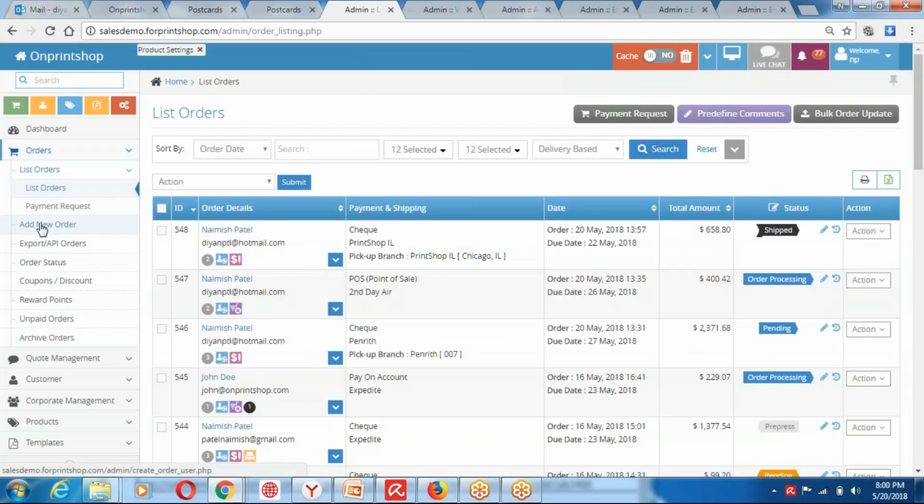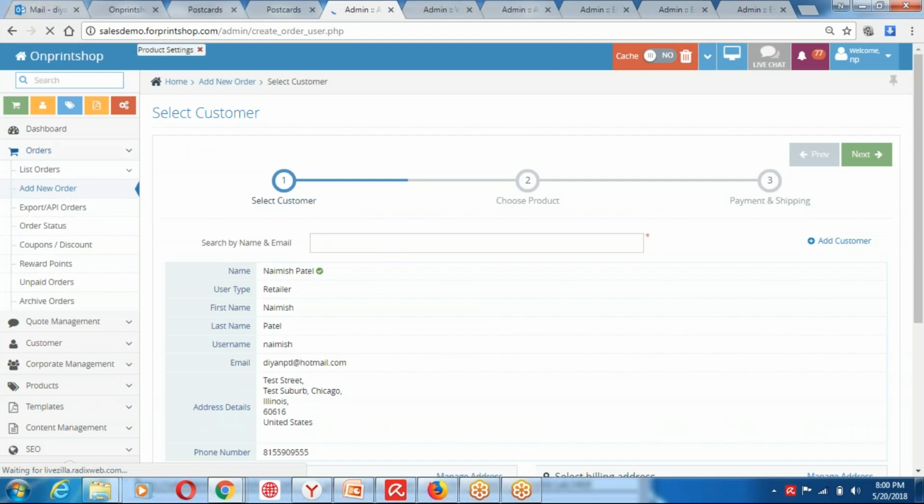Now many times you also get a request from the customer, ordering via phone or ordering via email. You already have a storefront, but many of your customers would say, can you please take an order on behalf of me? I would just pay later on, I do not have access to the storefront. Then you can also add those orders in the backend. So at least it will help you to manage your orders internally.